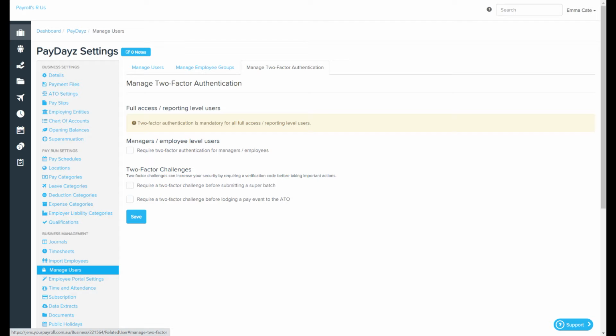Two-factor authentication provides an additional layer of security and makes it harder for attackers to gain access to your account. It is designed to ensure that you are the only person who can access your account, even if someone else knows your password. The ATO has provided the following requirements for any end user accessing a product or service that